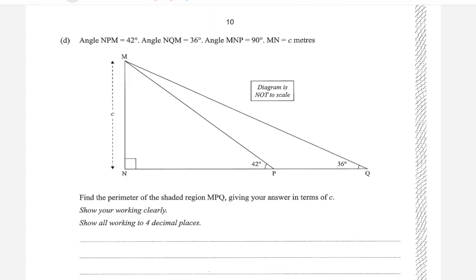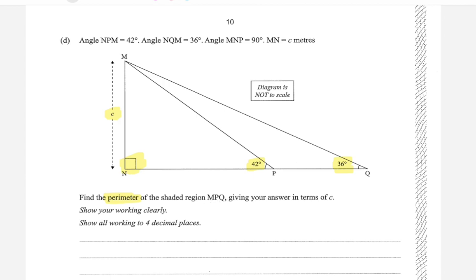All right, let's look at this trigonometry question again. Angle NPM is equal to 42 degrees, so that angle is 42. Angle NQM is 36 degrees. Then MNP is 90 degrees and MN is C centimeters, right? They haven't given us a number, they have given us a letter. Find the perimeter of the shaded region